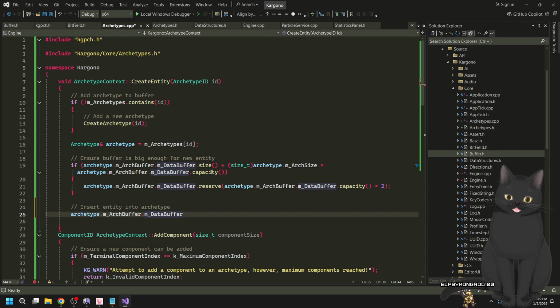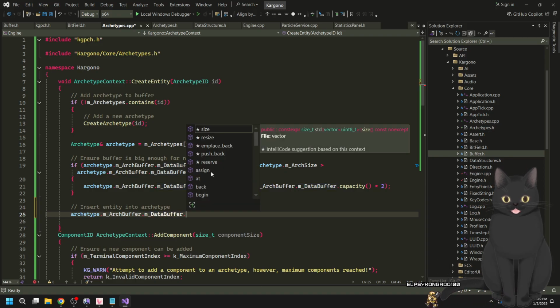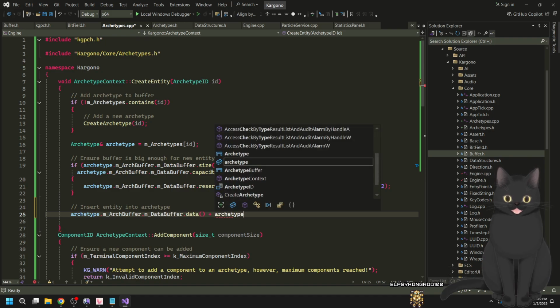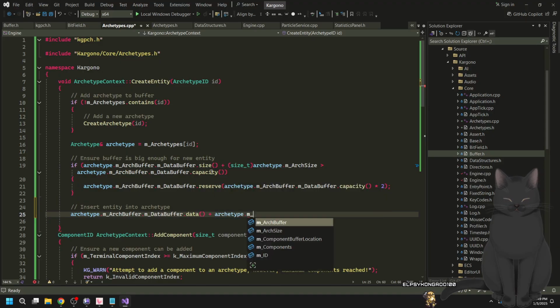Insert entity into archetype. It's archetype. Let's see. Data buffer.data plus archetype dot